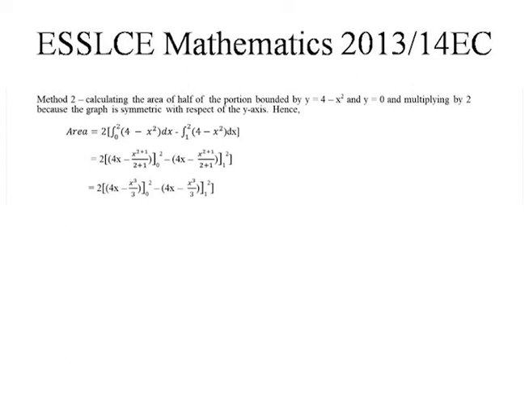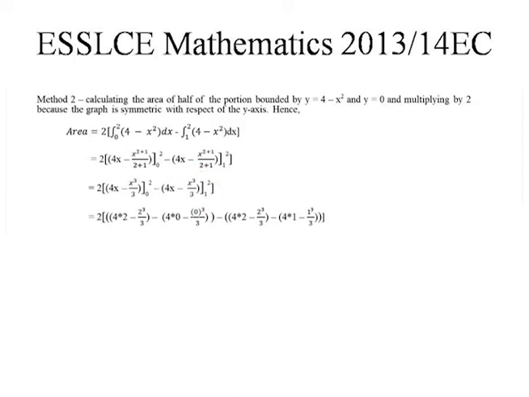This first expression can be expressed as 2 times 4 times 2 minus 2 cubed divided by 3 minus 4 times 0 minus 0 cubed divided by 3, minus the second expression, that's 4 times 2 minus 2 cubed divided by 3 minus 4 times 1 minus 1 cubed